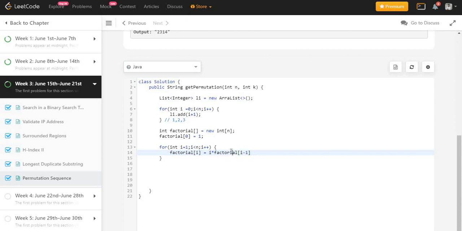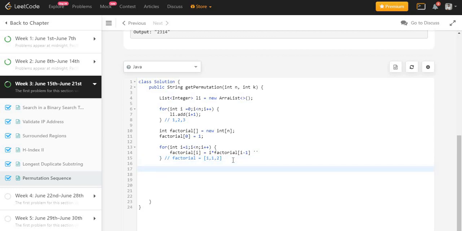For that reason, we started from position 1 and we stored 1 for the 0th position. After that for loop, my factorial array will look like this: the first position I already stored 1, then 1 into 1 is 1, then for 2 it is 2, since we are running till less than n.